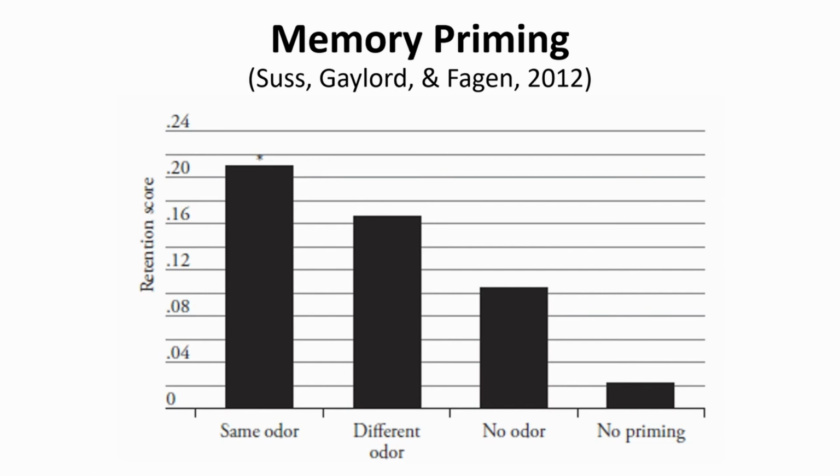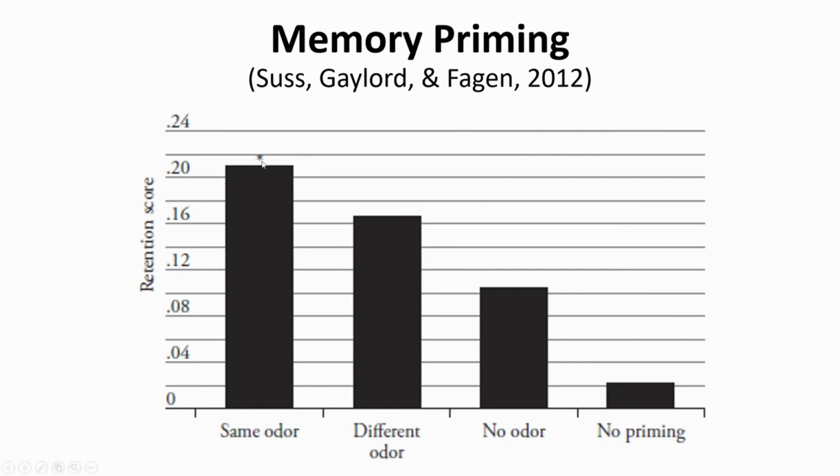So this tells us that 7 days is longer than a baby would normally be able to remember an operant or an instrumental conditioning experiment. So where they learned that kicking turns the mobile, 7 days is too long for them to remember that. But we do see that when the babies were primed on the 6th day in the presence of the same odor and are then tested on the 7th day again in the presence of that same odor,